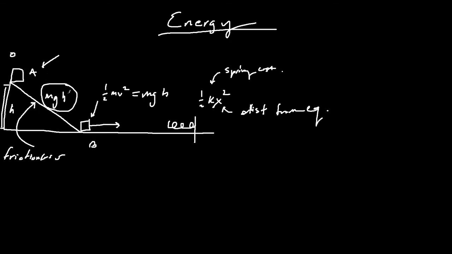If they're equal, you could just set mgh directly equal to 1/2 kx squared. If it goes down, if all of the kinetic energy gets transferred into the spring, then you could just solve for x, if you know the spring constant, of course, and that will tell you how much is compressed. So yeah, that's pretty much it